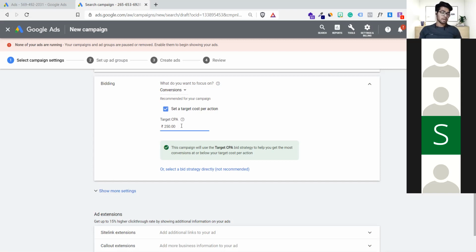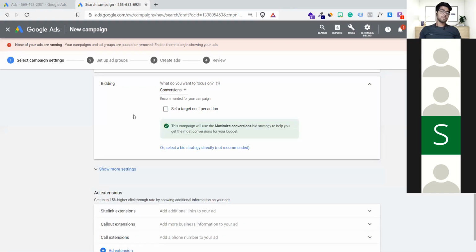You're not stopping him. Now this is target CPA, and if you disable this, there is no limit. Google can test anything. You have given 500 rupees, and Google can use the whole 500 rupees to bring one lead, or not even a single lead, zero results. Same possibilities here as well. Right, Saurabh, what do you think? Have I shared the right thing?